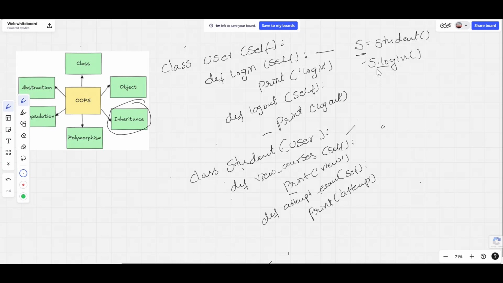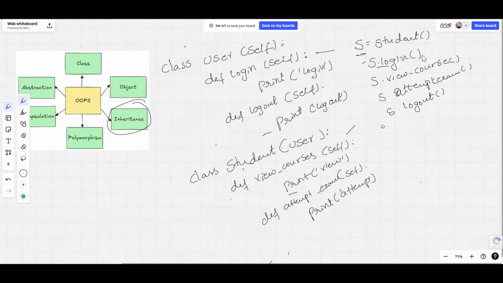After the login, as we are taking the Student class here, s dot view courses, and the third one he'll do is attempt exams. Any function related to the student will be called in between login and logout. Any actions taken on the website should be in between login and logout. So we are writing in this order, and after the actions done by the student, he'll log out from the website.